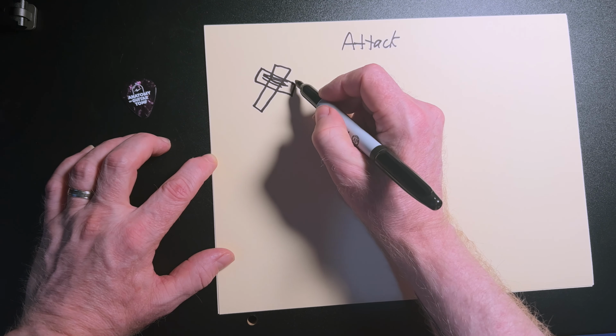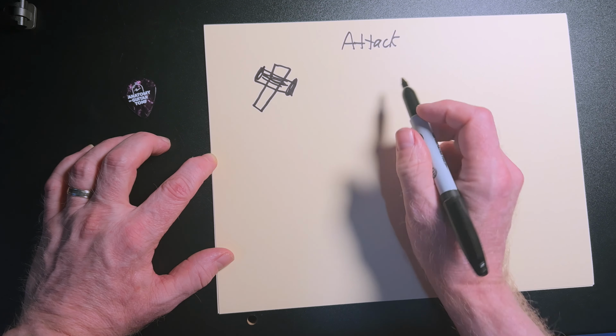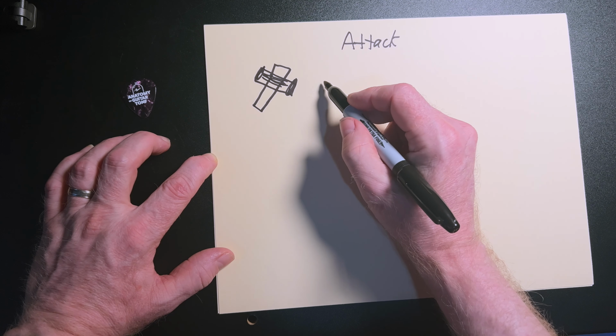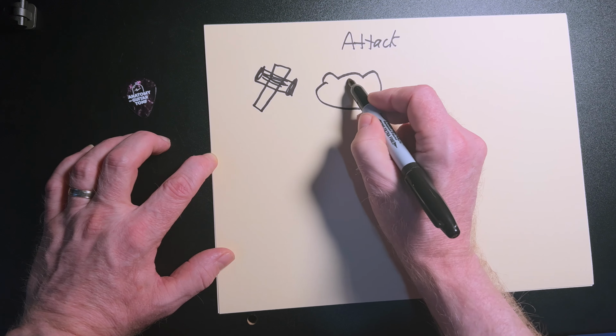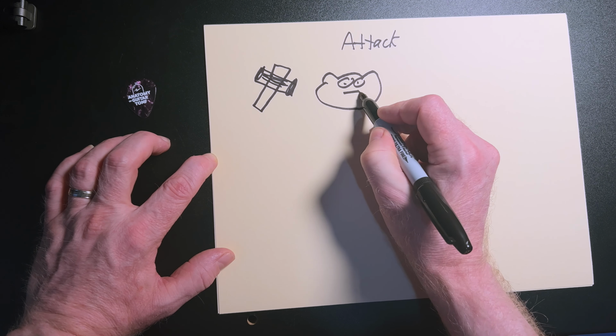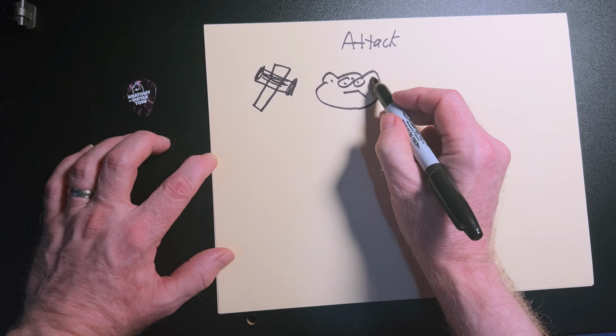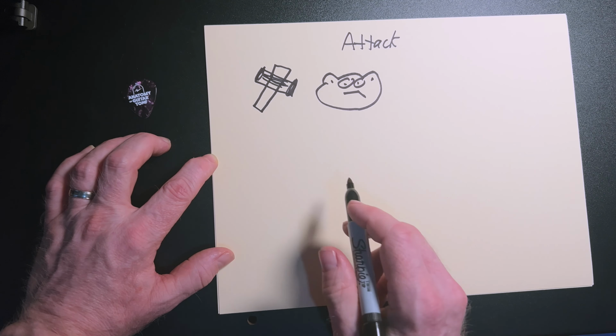This is me trying to draw a hammer. I don't really know if that looks like a hammer or not. I'm not sure what that looks like. But I'm going to draw our little mole here, right? And he's going to be like, I don't know, if I'm digging this or not. Okay, right? And in the game,